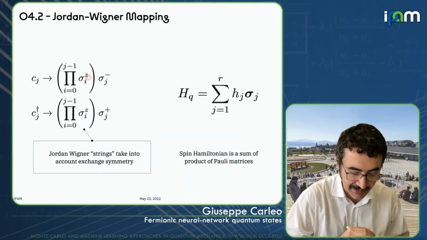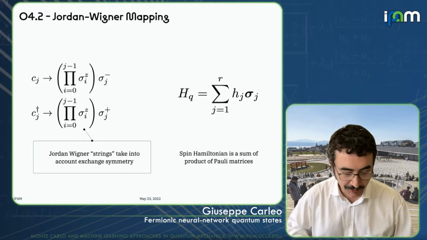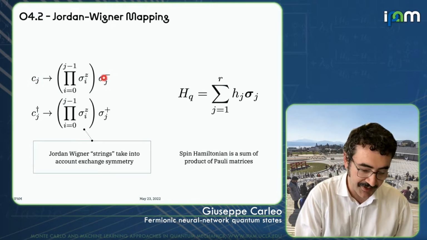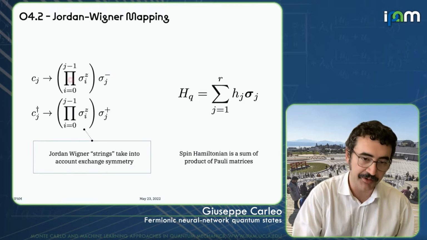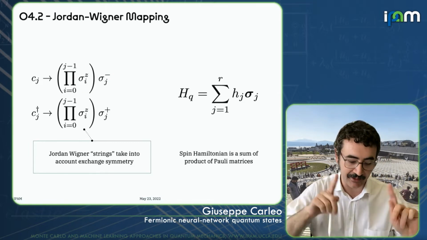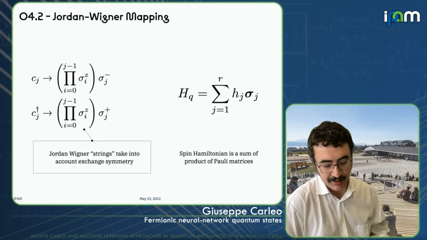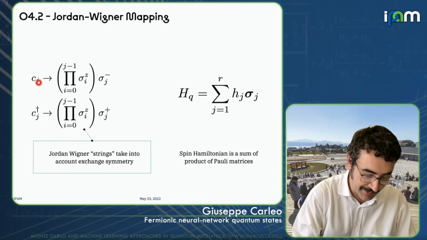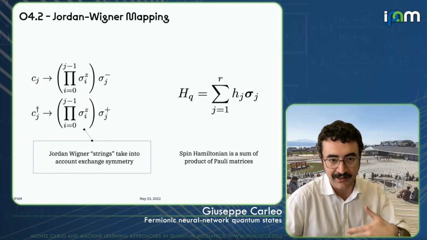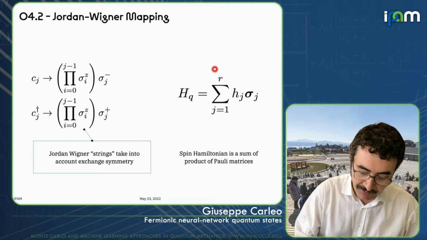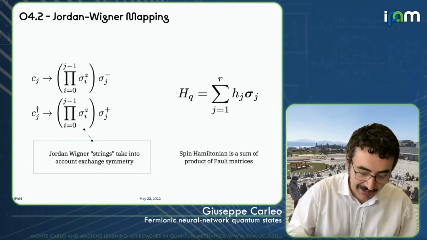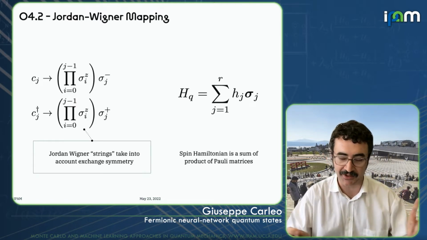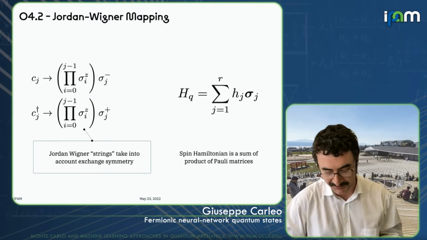So, for example, the Jordan-Wigner, which is the most well-known, allows you to map the creation or destruction operator C onto sigma minus times this product of sigma Z operators that take into account the anti-commutation relations of the original fermionic operators. So this mapping is completely general, can be done in arbitrary dimension, and you get a resulting spin Hamiltonian, which features, however, these very long-range spin-spin interactions that come from these strings.